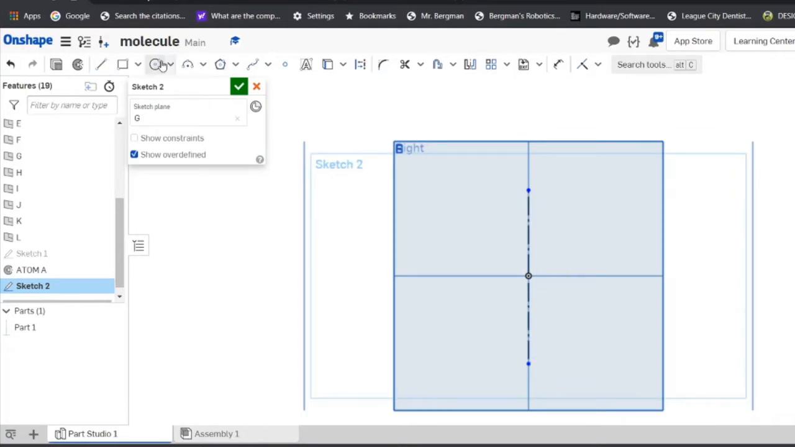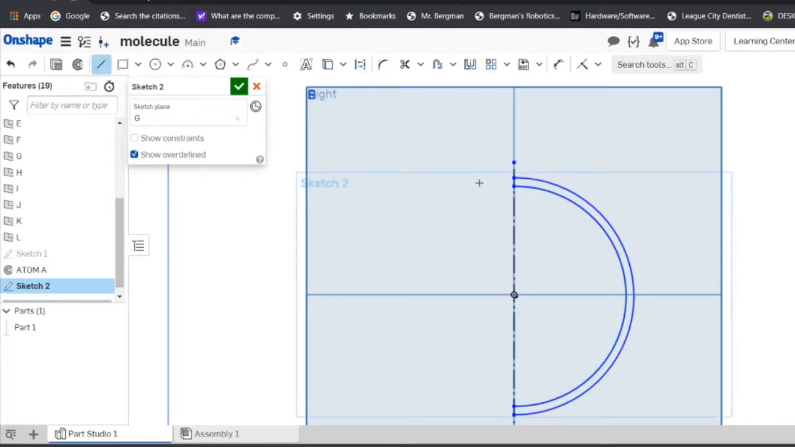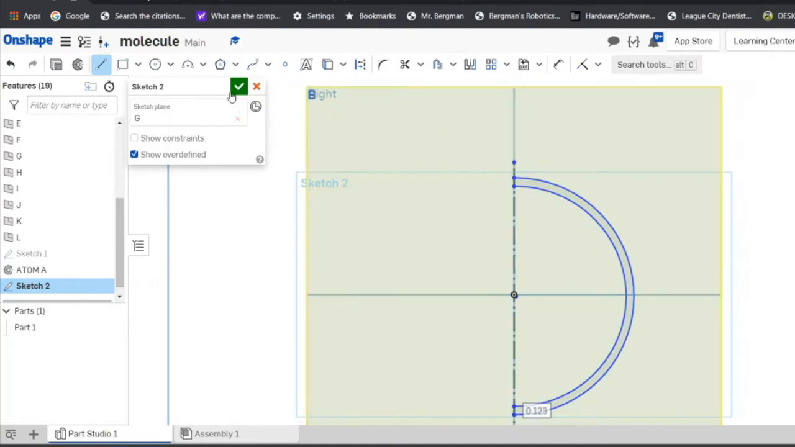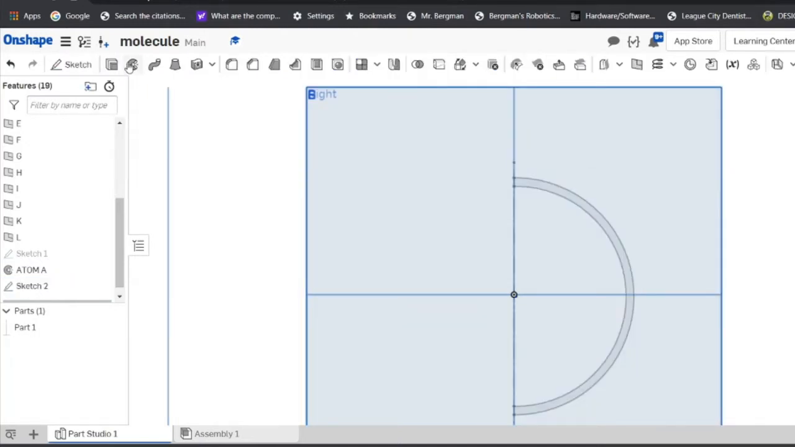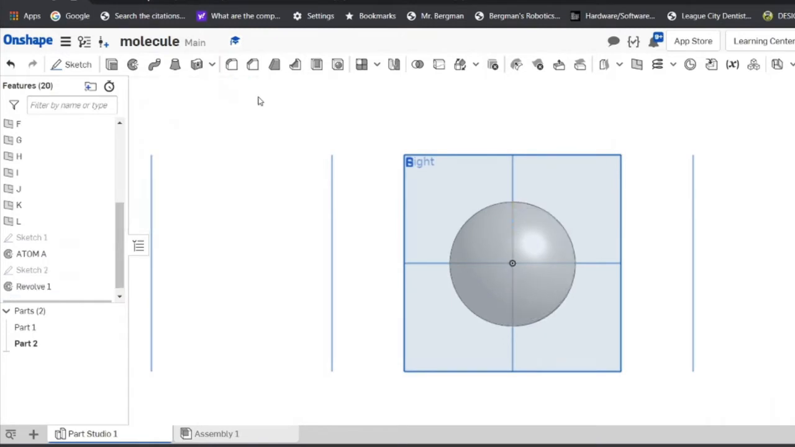Press escape to let go of the line, and then we're going to go and get our 3-point arc. Make sure the 3-point arc is not a dashed line, so make sure you don't create an invisible sphere, and that's what would happen if you selected the construction and 3-point arc. All right, so make sure it grays out, and once it grays out, then you've got that locked in. We're going to revolve, select your sketch, select the axis. There's your second sphere,